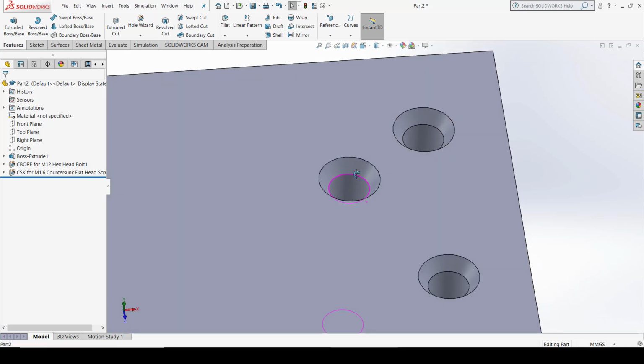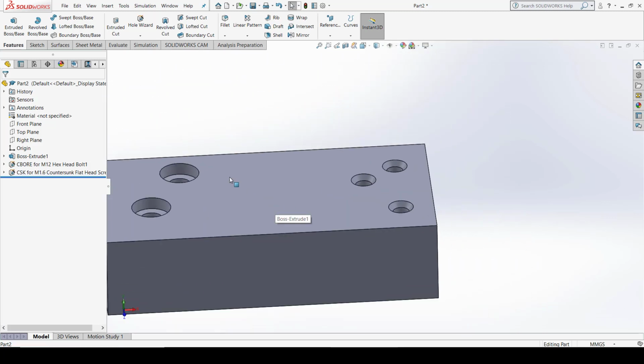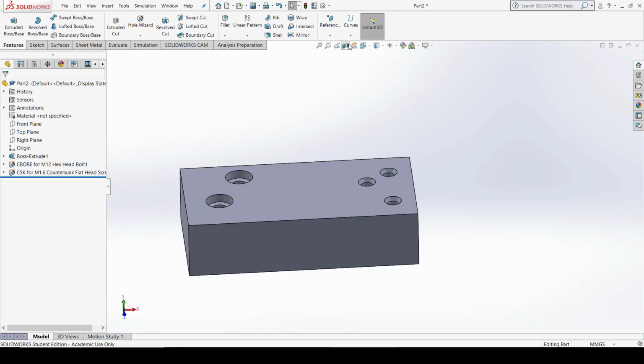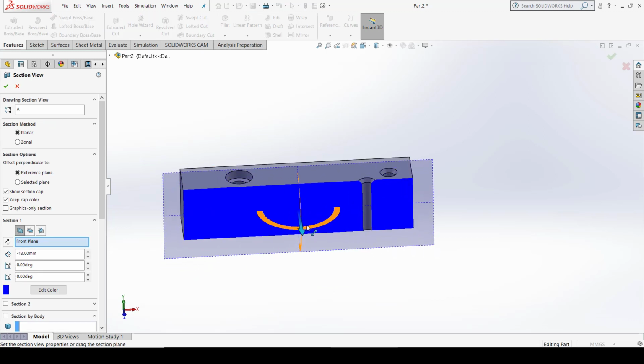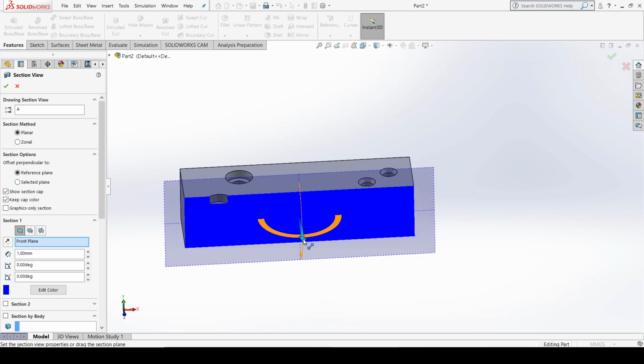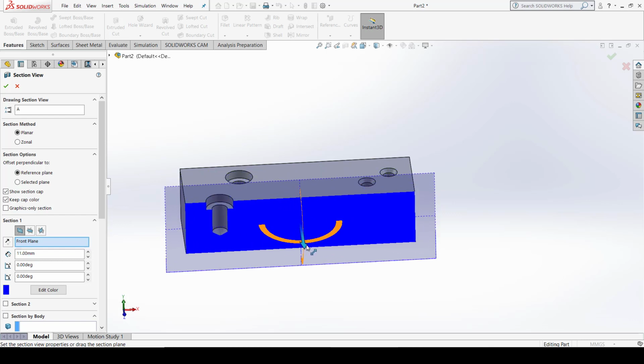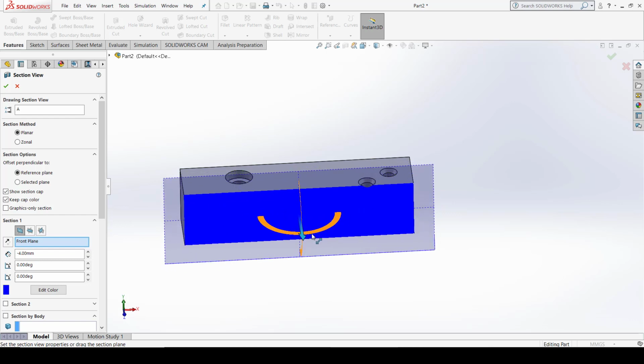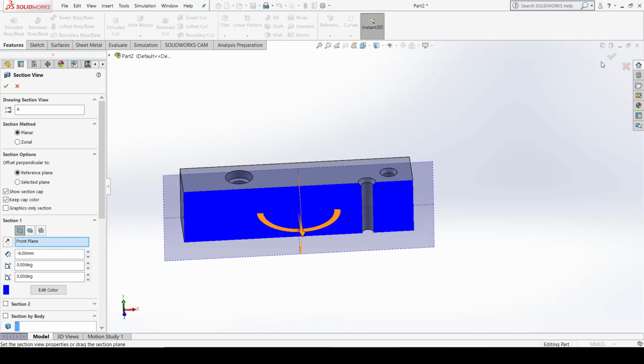You can see the taper here, it is 75 degree, and this is counterbore, it is 90 degree. It is a flat surface here. Now with the help of cut section I can show you how your hole is created in the countersink. So this is the counterbore hole, and this one is your countersunk hole.